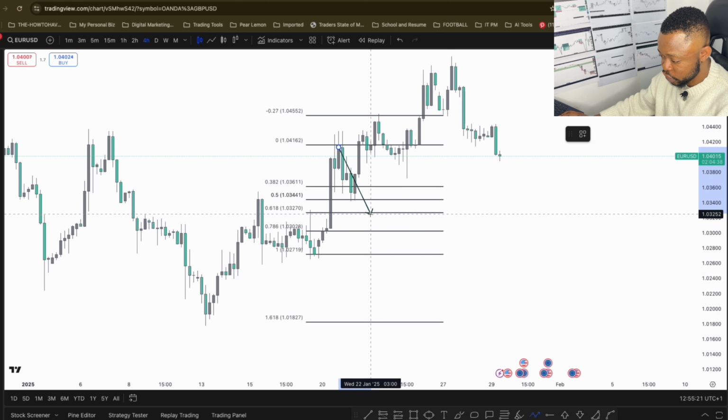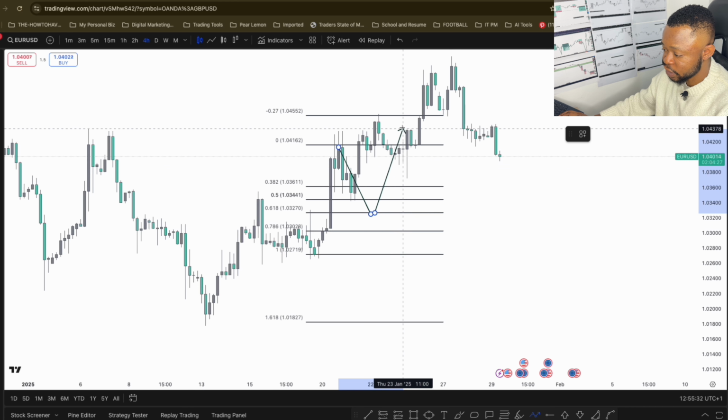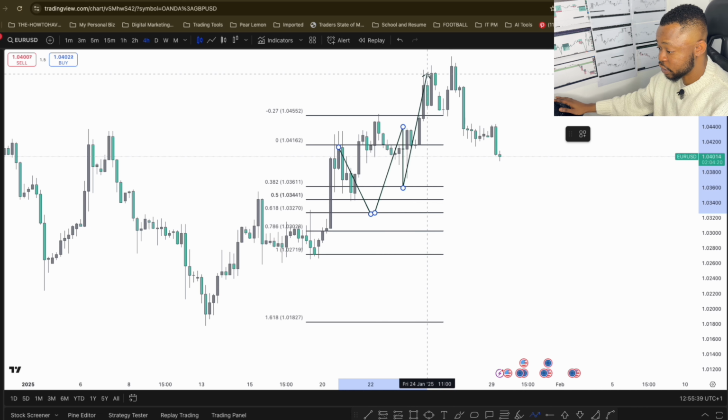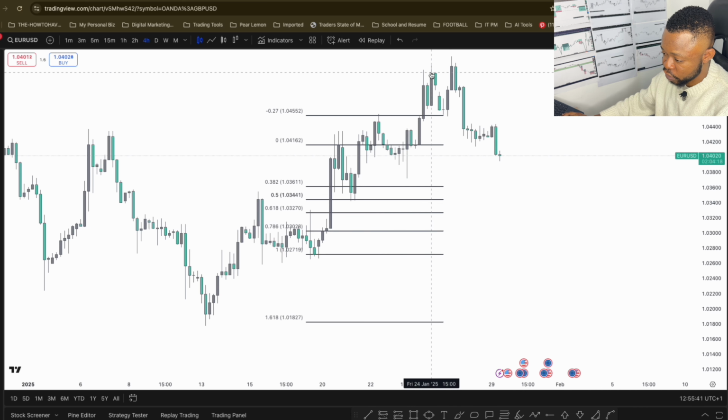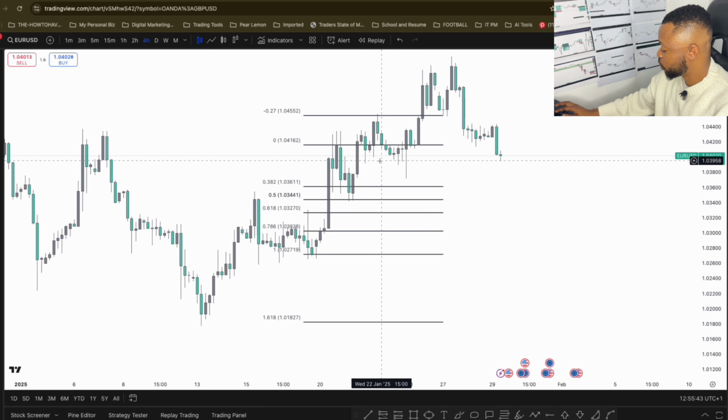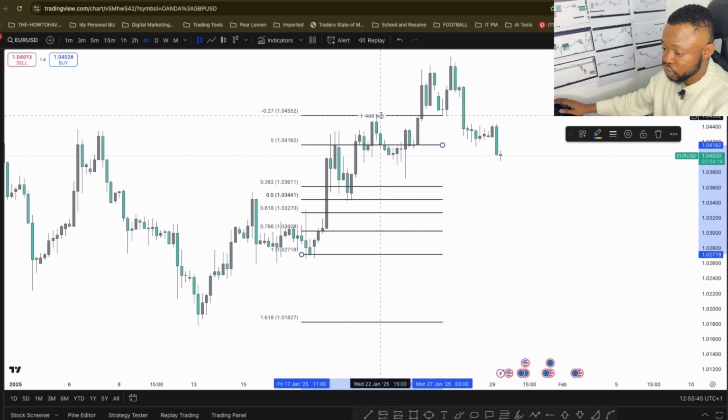So let's say price comes to the 61 retracement. You can see there's a rejection candle right around this side. So there's a higher probability of price resuming its uptrend from these areas than if price comes just to the 38 retracement to continue going up. So this is the basics of the Fib retracement tool. It's one of the best tools to use if you are a trend trader or a Fib retracement trader.